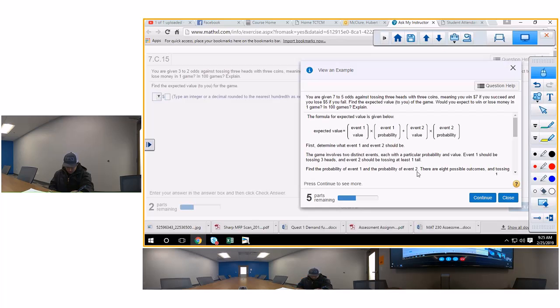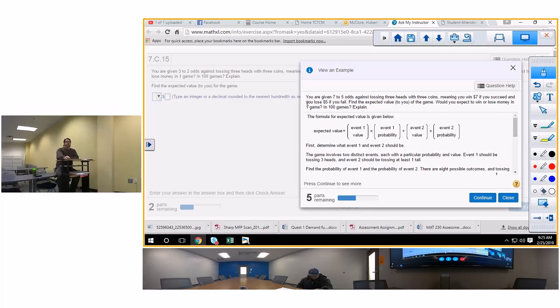Yeah, the 3 and the 2. So let's just look at this one. You are given 7 to 5 odds. That's 7 over 5, okay? Meaning you win $7, and that's, you don't need that. Find the expected value of the term you would expect to lose money in one game or in 100